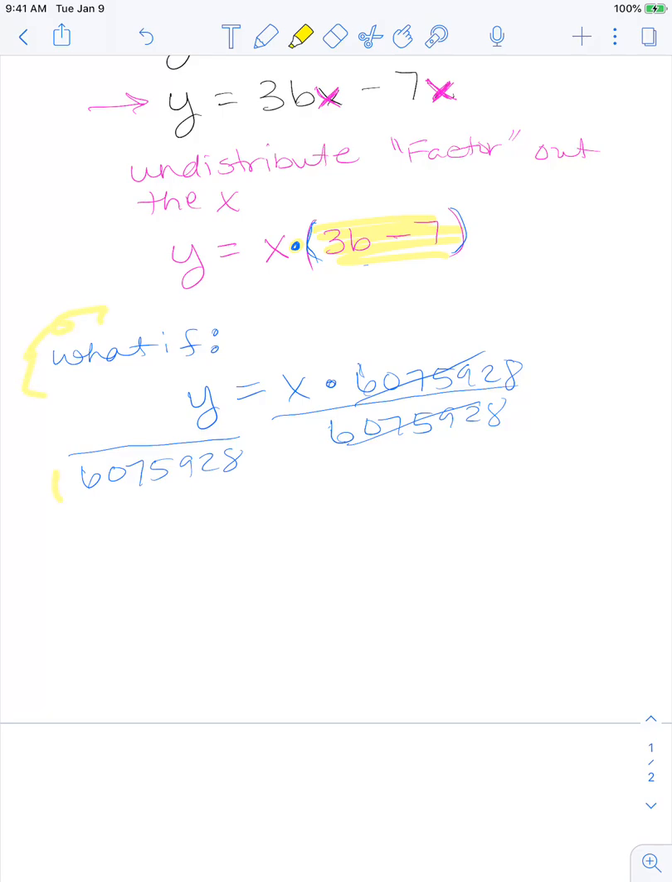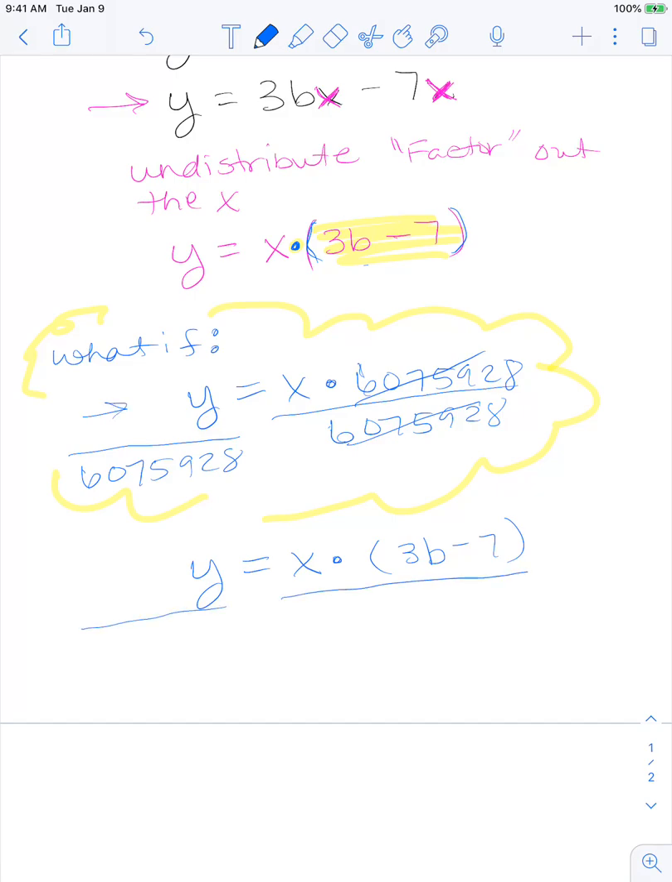So I'm going to go back to my original problem and say, well, if I have y equals x times some really big weird thing, I can do the same thing I did up here and say, well, I'm just going to divide both sides by this really weird big thing. Because the math only cares about the opposite operation, not what that thing looks like. And so when I'm done, I end up with y over 3b minus 7 equals